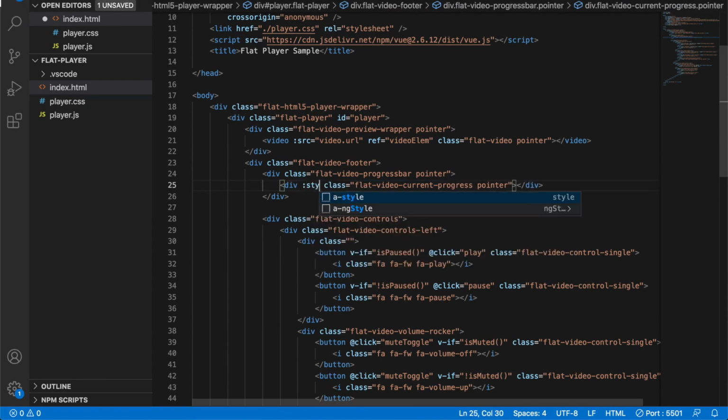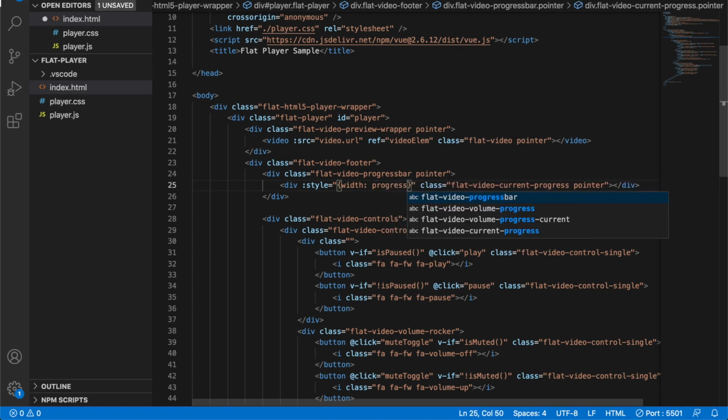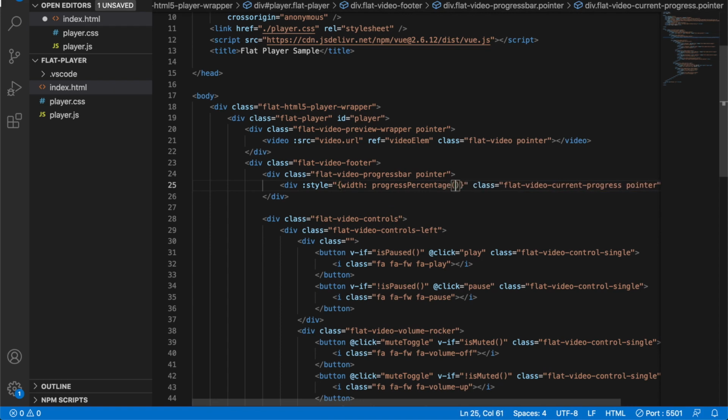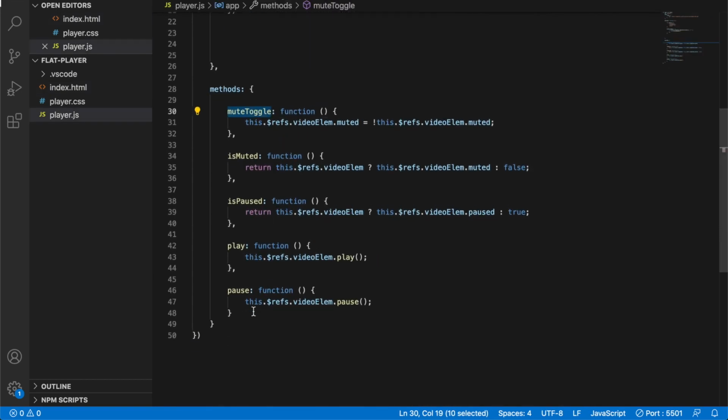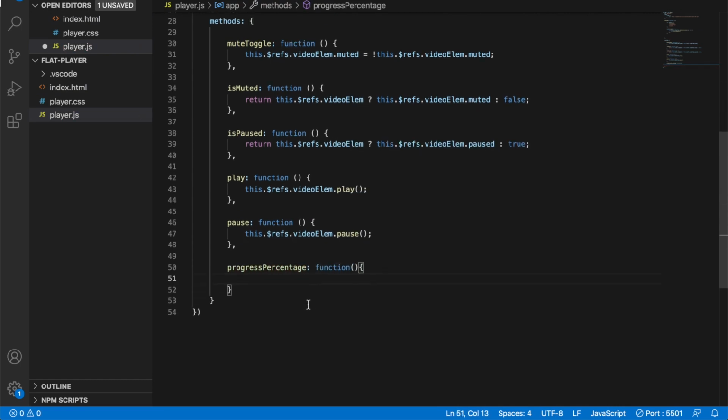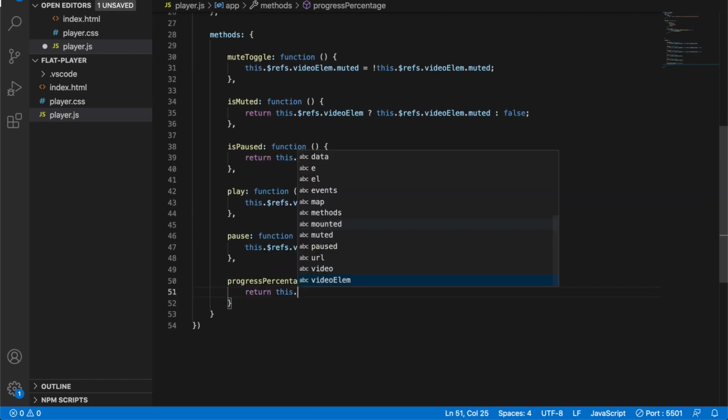For this one, we can say style is going to be equal to width, which will be progress percentage plus the percentage symbol, right? And our progress percentage is going to be a method which will return